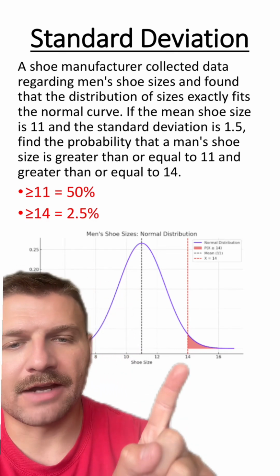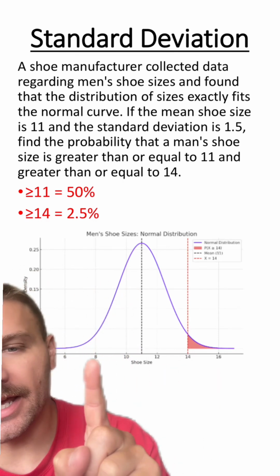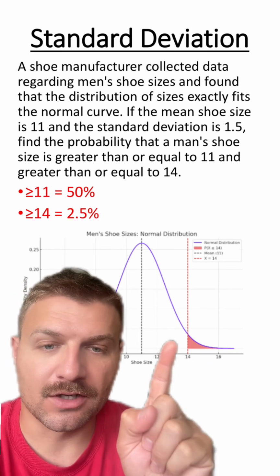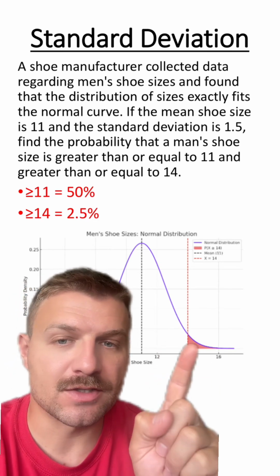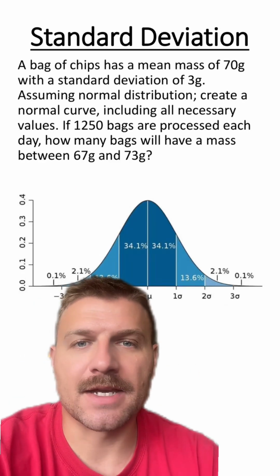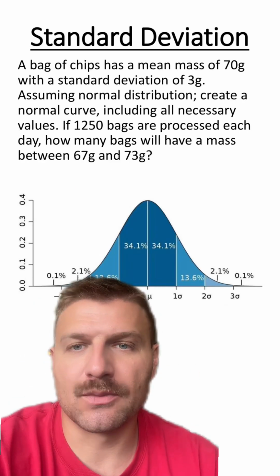However, we're only looking at 14 and above, not 8 and below. So half of 5 is going to be 2.5. So there's only going to be about 2.5% of men who have a shoe size greater than or equal to 14. Next question, a bag of chips has a mean mass of 70 grams with a standard deviation